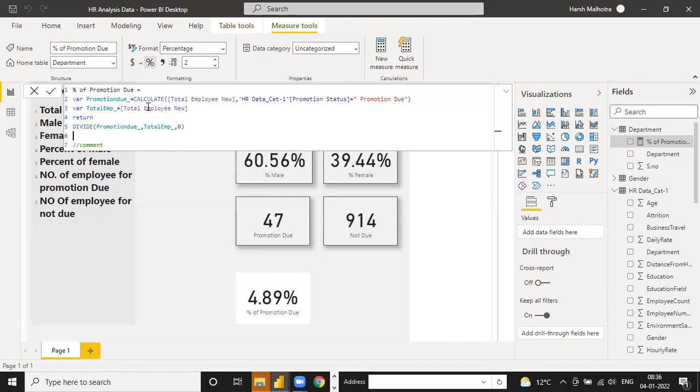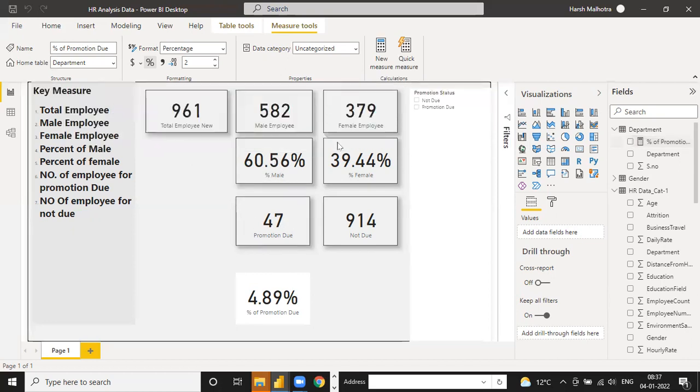A little bit of error means if you write something with a dot, and you cannot create a variable name the same as a key measure. Suppose you name it the same as the function or key measure. If you select the key measure by mistake instead of this variable, then it will also give you the wrong error.